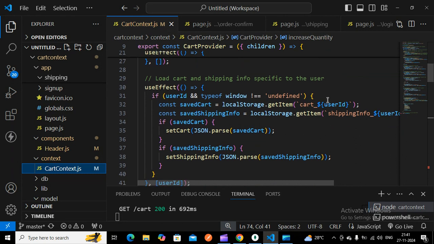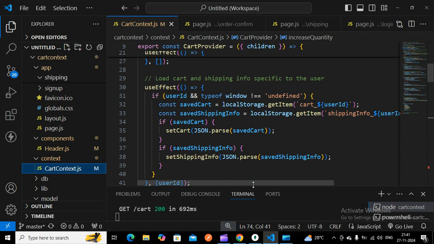In the previous tutorial, we saw how to get the cart item, but not for a specific user, without login. Here, this is for the particular user id. The cart information has to be shown to that user. So you have to give the user id in getItem, using a dollar sign and curly braces.